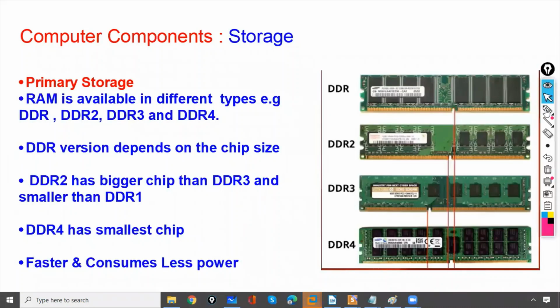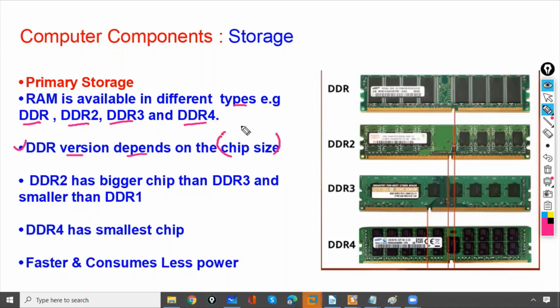We have different types of RAM available. RAM is available in different types. Example DDR, DDR2, DDR3 and DDR4. So this DDR version like DDR2, DDR3, DDR4, this DDR version depends on